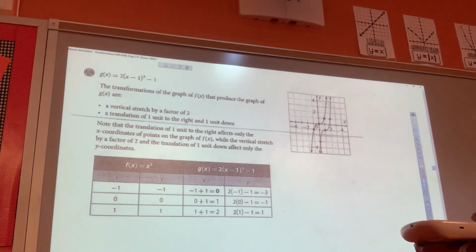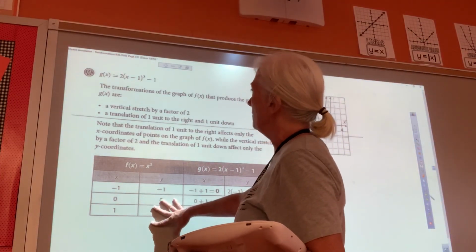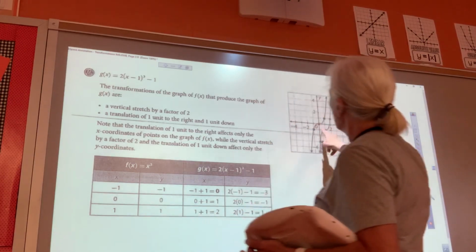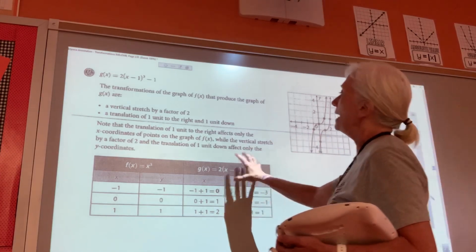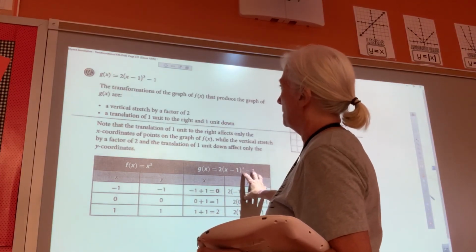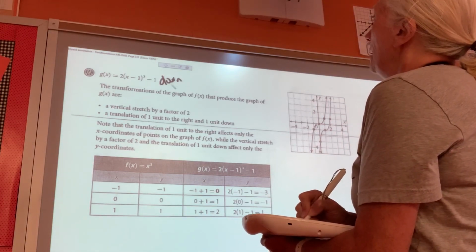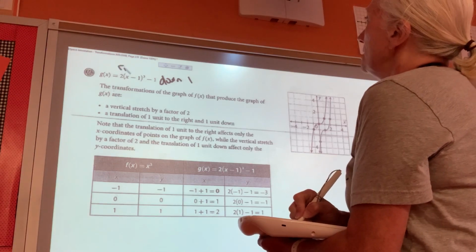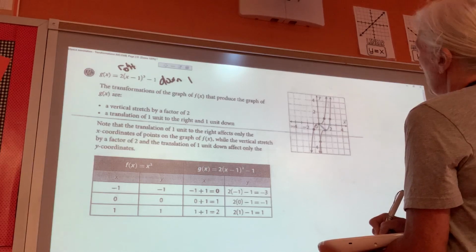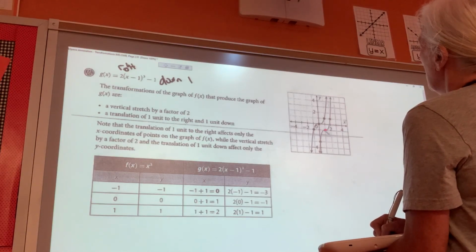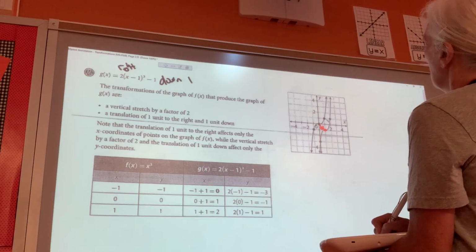Well, let's see if there's anything we need to do. What they did here, they just took the points that you were given, which were 0, 0, 1, 1, and negative 1, negative 1, and then they applied this to this, because what did we say we did? I think we said we went down 1 and right 1. So you could really take that and do this with this point. What did we say? It went down 1 and right 1. So that point is that one. Down 1 and,